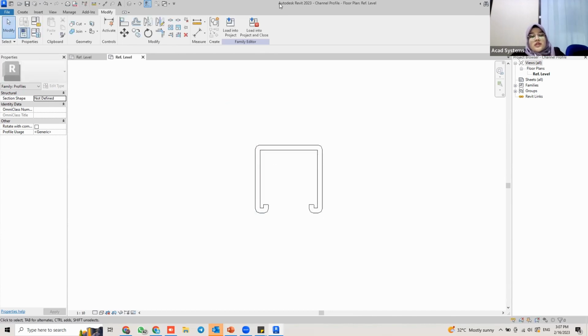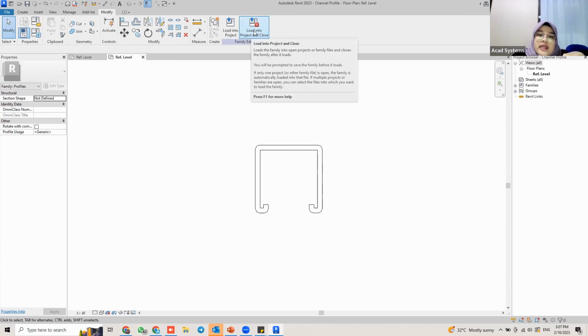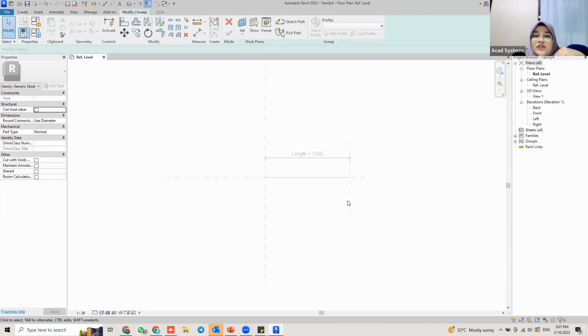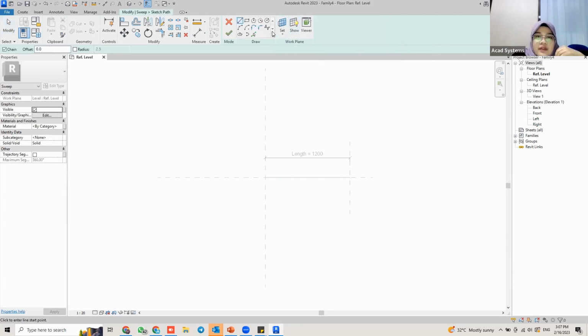Okay. All right. So after I already save it, I'm just going to load it into our project and close it. Okay. After I close it, I'm going to use a sweep to create our channel. So click on sweep and click on sketch panel, sketch path. Okay, so I'm going to just use pick a line to pick this line here, and I'm going to align it to modify